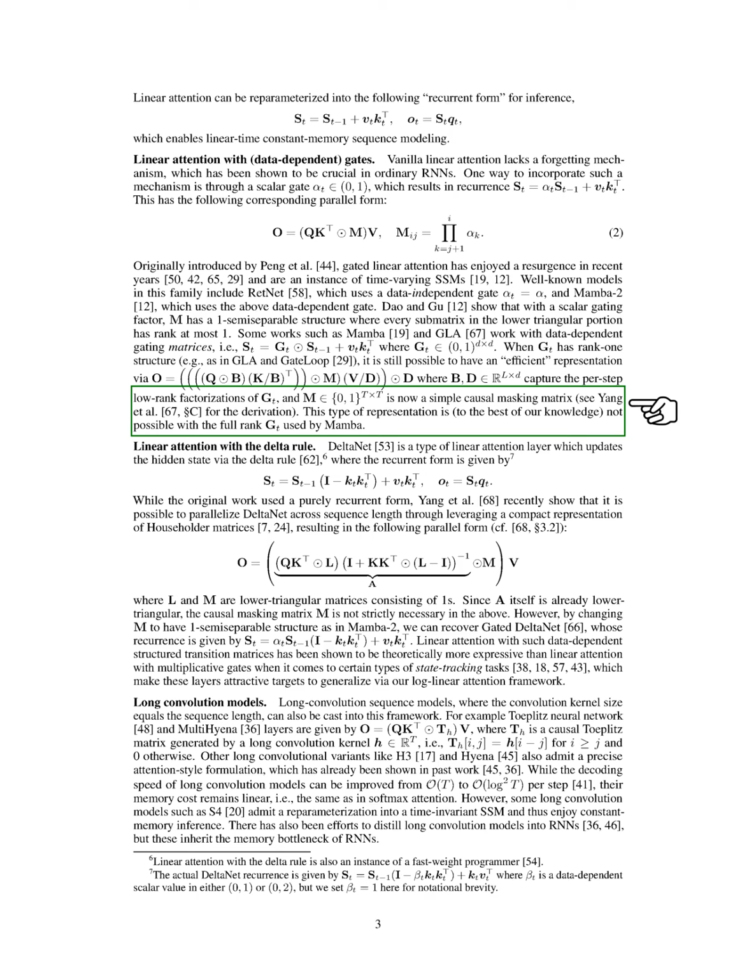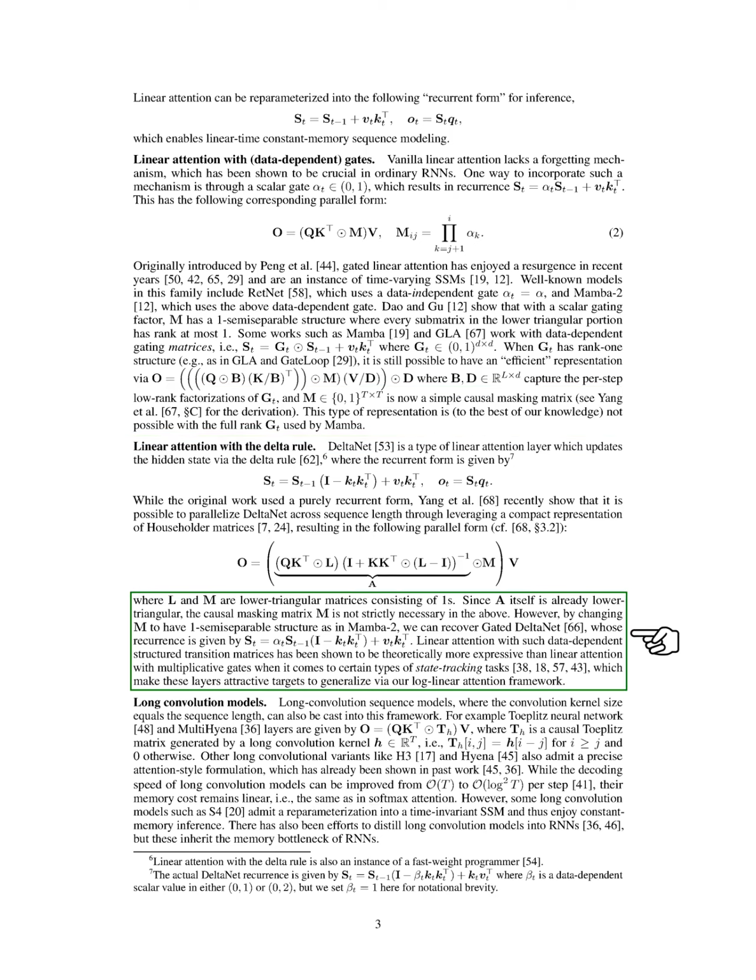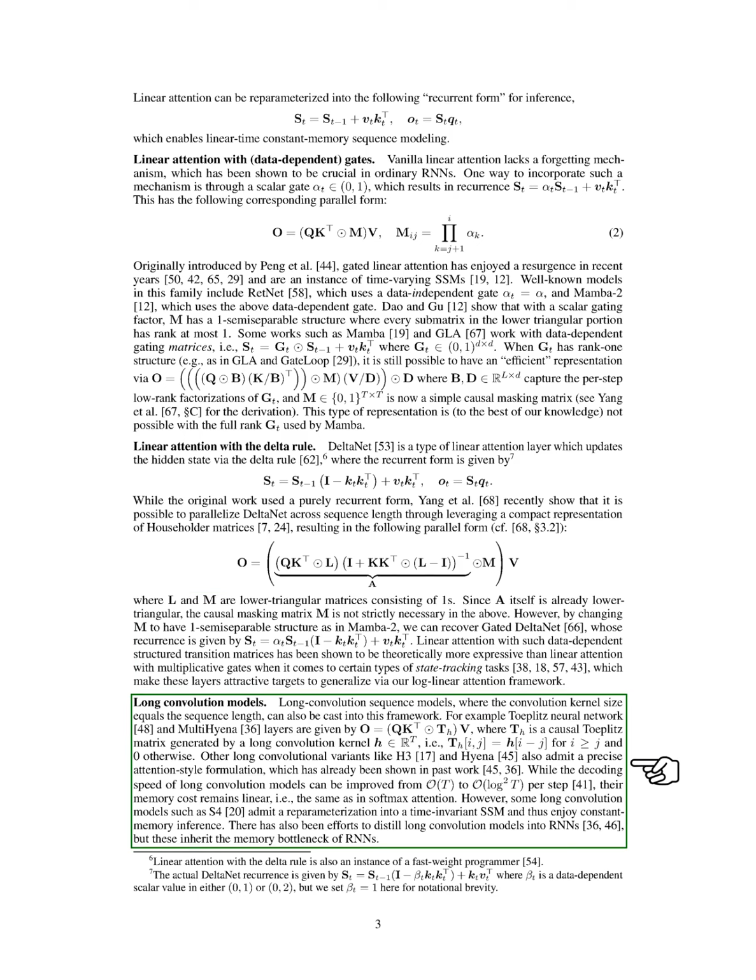We note that certain matrices used in this process are lower triangular and consist of ones. Although one of these matrices is already lower triangular, we can modify another matrix to enhance the model's capabilities, resulting in Gated DeltaNet. We find that linear attention with structured transition matrices is theoretically more effective for specific state tracking tasks compared to traditional linear attention with multiplicative gates. This makes these layers appealing for our log linear attention framework. Next, we explore long convolution sequence models, where the size of the convolution kernel matches the sequence length.